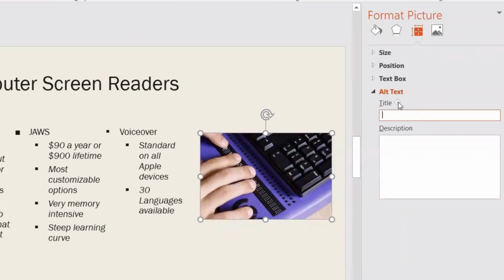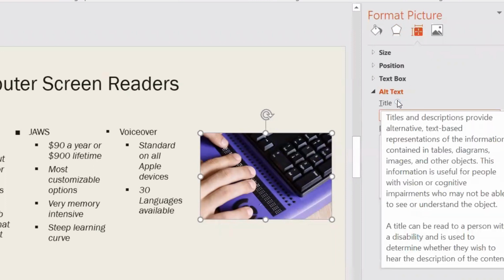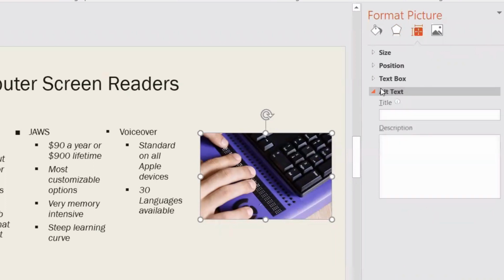And so this is where they do give you a little bit of tips on alt text if you hover over the I. Making sure that it's quick and concise and gives the person all of the information that they need. Also, don't put all the information in the title. The title is just the title. So for this one, it would be Braille